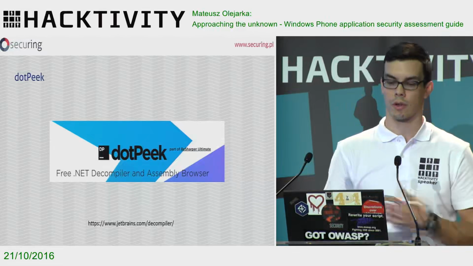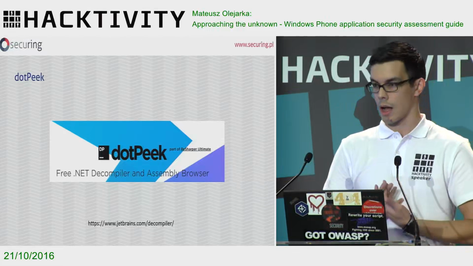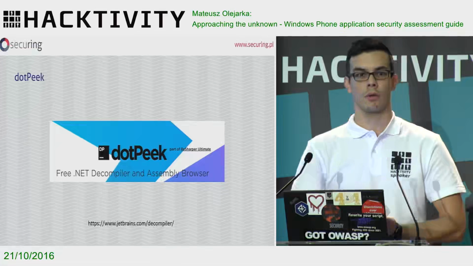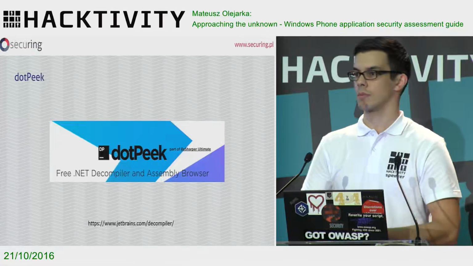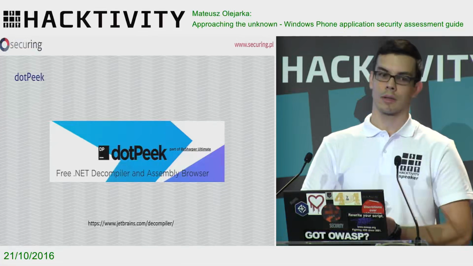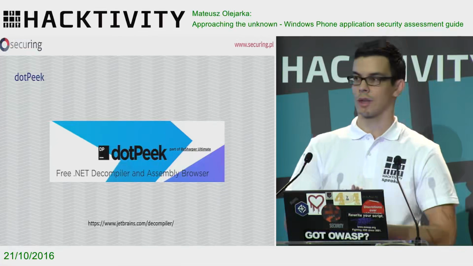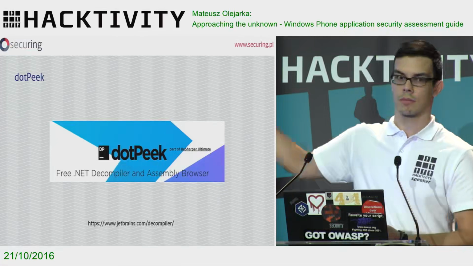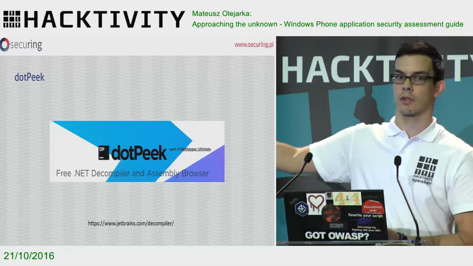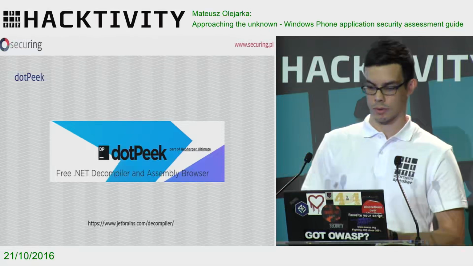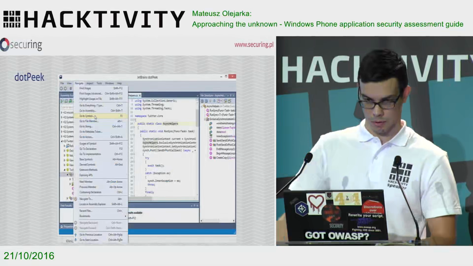I use it for this analysis. How many of you have experience with JD-GUI and analysis of Android-based application? Okay, so you know that there are not many features in JD-GUI. This tool is great. Great full text search, for example. We'll go to it later on.